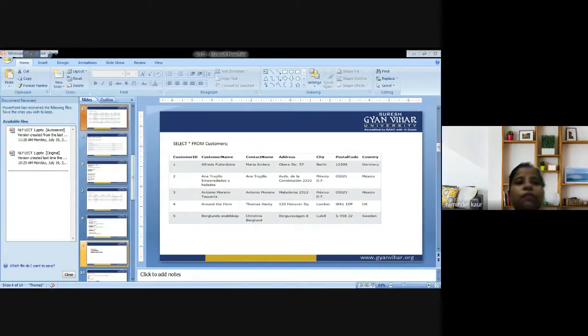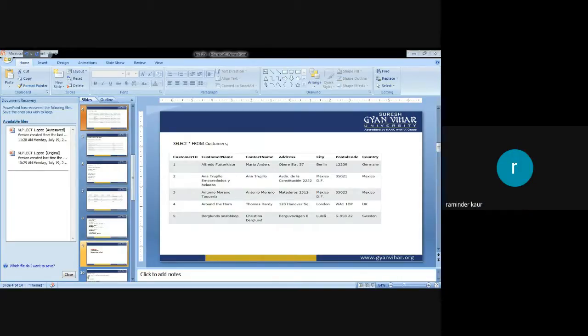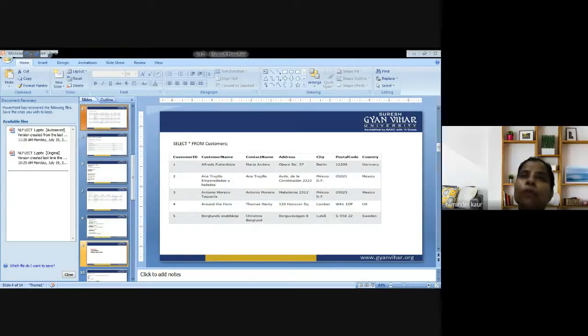So next we are supposed to deal with the order by clause. Now what is basically the order by clause? As the name implies, order by, meaning to say we are supposed to arrange the list in sorted order. It could be ascending order or descending order, depending on the requirements. So the order by keyword is used to sort the result set in ascending or descending order. The order by keyword sorts the records in ascending order by default. But if you want the values in descending order, then you are supposed to use the keyword DESC.